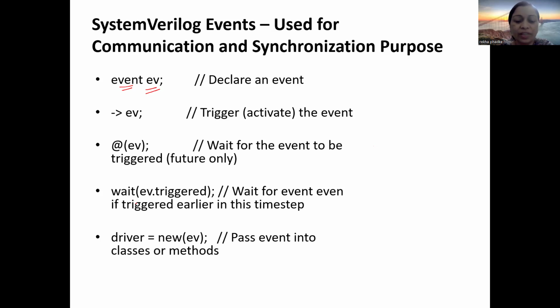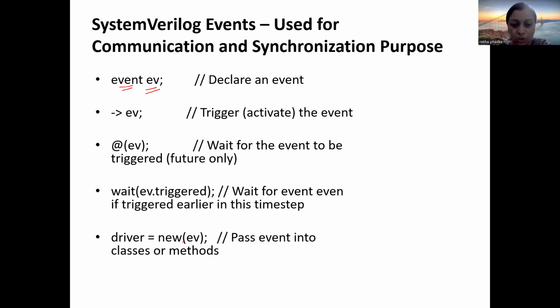Okay, so wait for event, even if triggered earlier in this timestamp, can recognize whether an event has occurred in the past. So you use wait for that. Okay, and how do you generate an event? You can just say new of EV. Driver is new of EV,